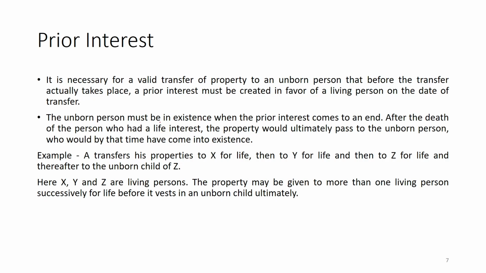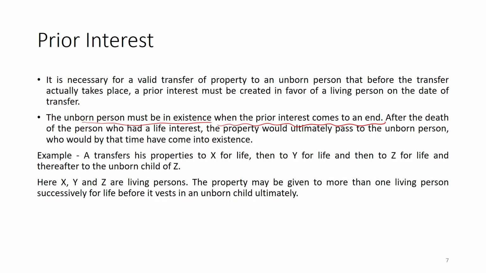What I told you is that the unborn person must be in existence when the prior interest comes to an end. Before that, this unborn person must be in existence. At least that unborn person should be in the womb. If not in existence on earth, at least it should be in the womb. If it is not in the womb and the prior interest person dies, that means there is a break of chain,